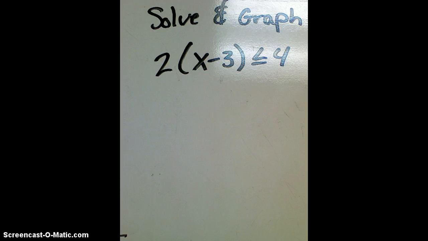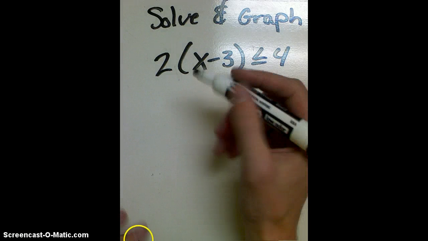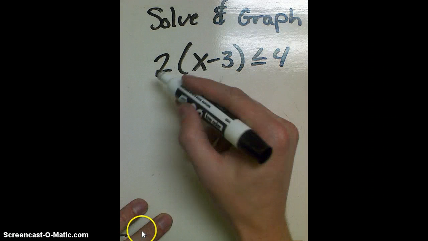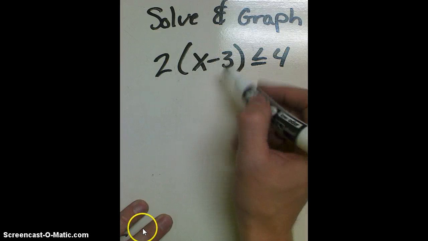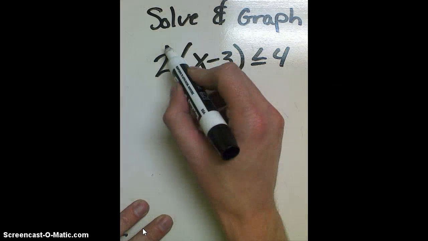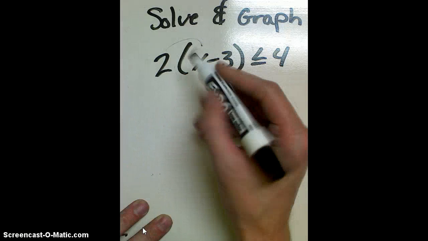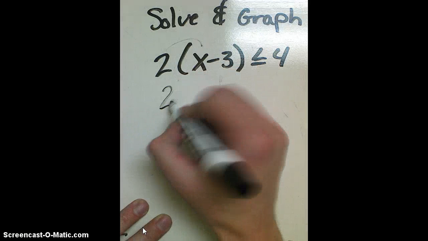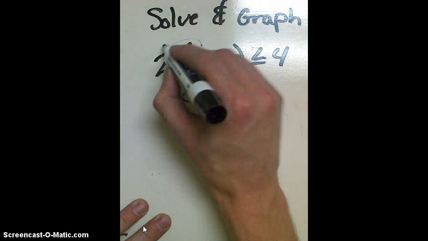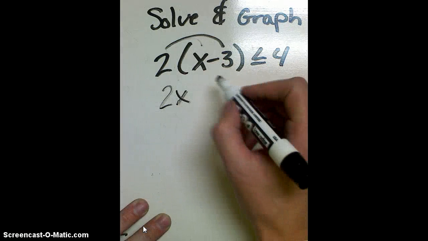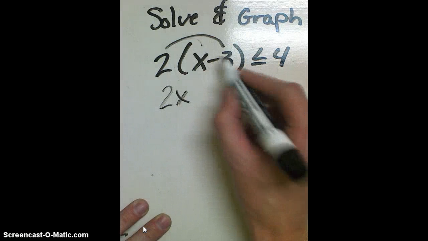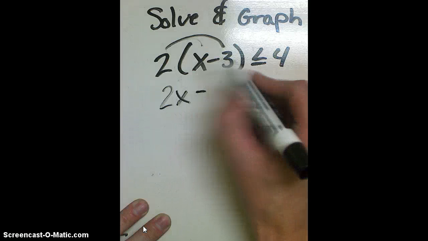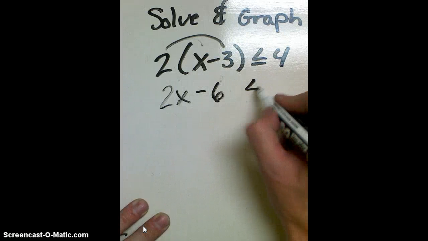But what seems to be the most common way for students is to distribute, to multiply this 2 through to get rid of it. So we can multiply 2 times the x, that gives you 2x, multiply by 3, careful there, there's a minus, so it's minus 2 times 3 is 6, and it brings down the less than